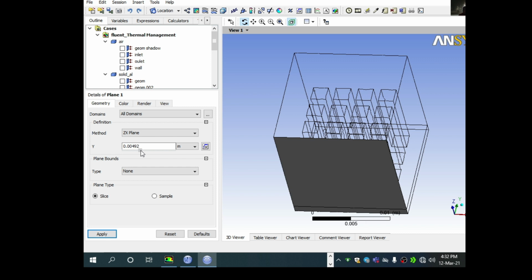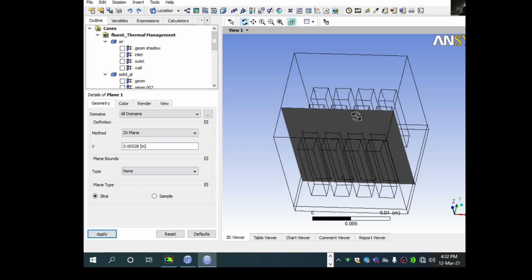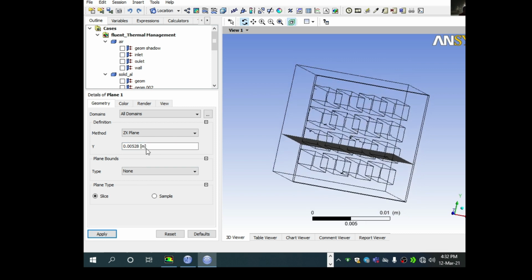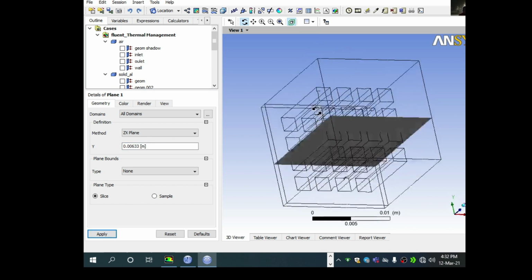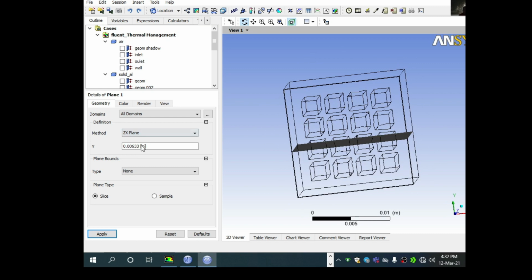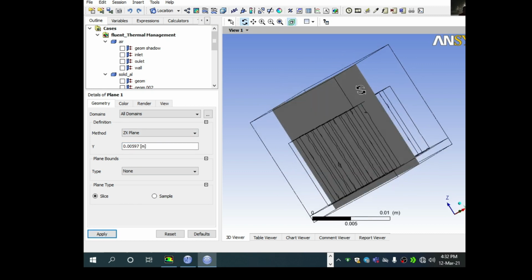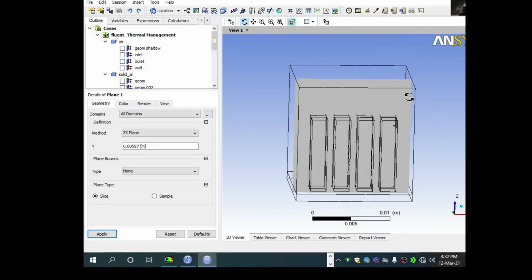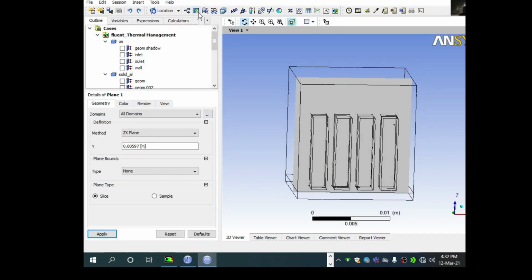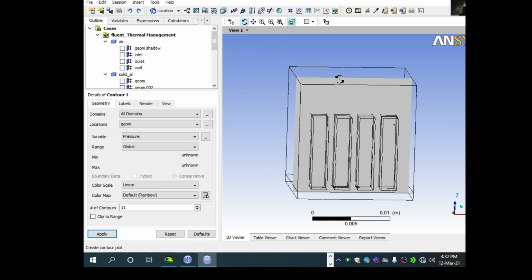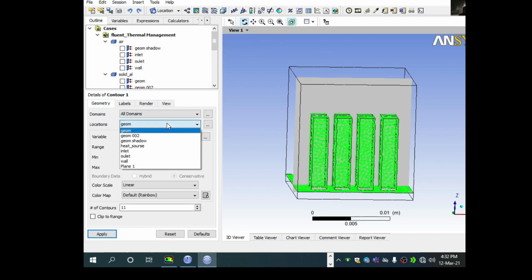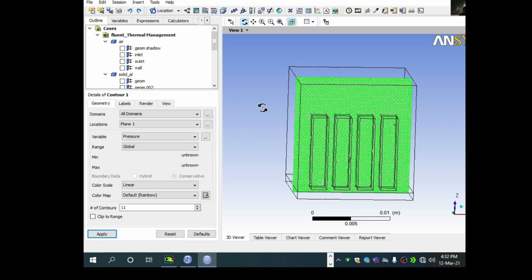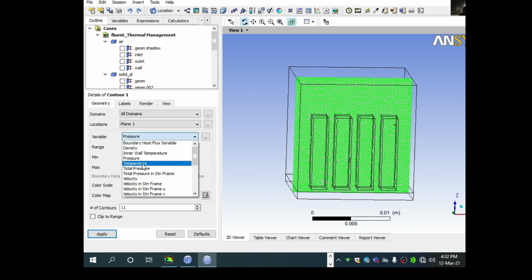I will put this plane exactly at the mid of the fin, or center of the heat sink, so that I will get an exact picture of the fin. Done. I will go for contours and here I will select the plane and I will select temperature.